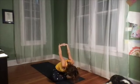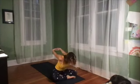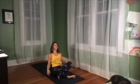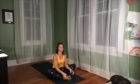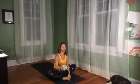Find your breath. Last inhale. Exhale. And inhale, rise. Bring the soles of your feet together here. Sit up tall. And on an exhale,